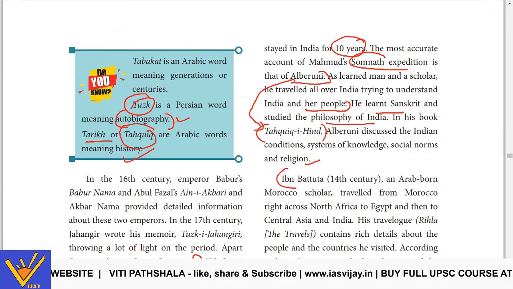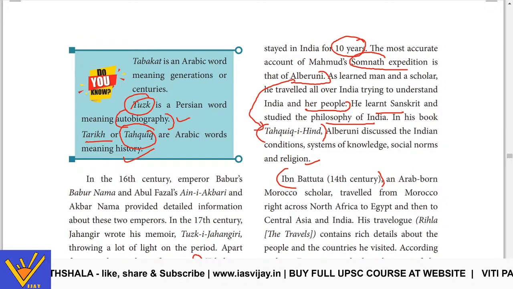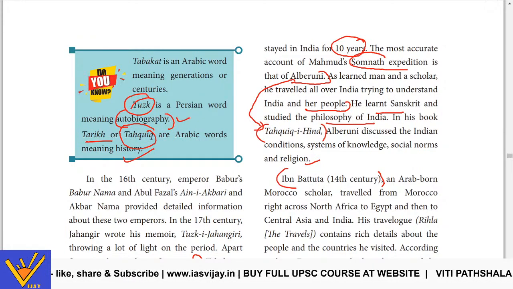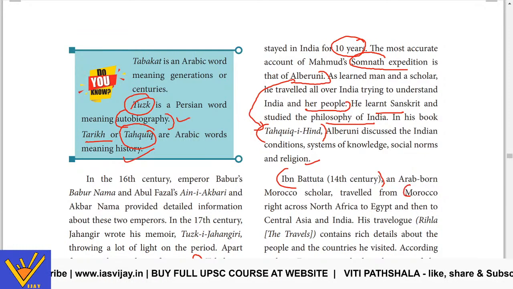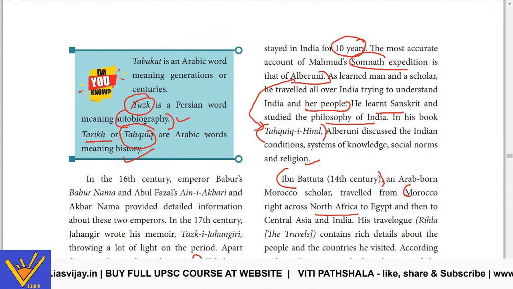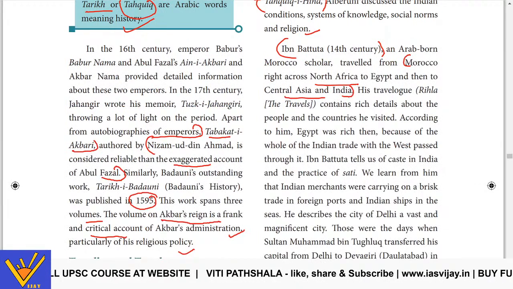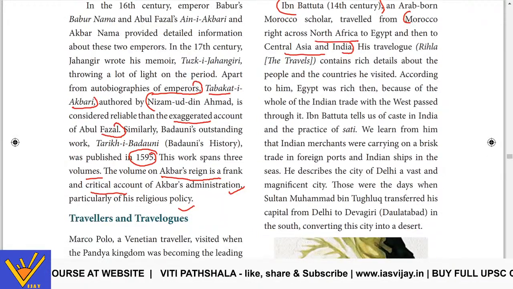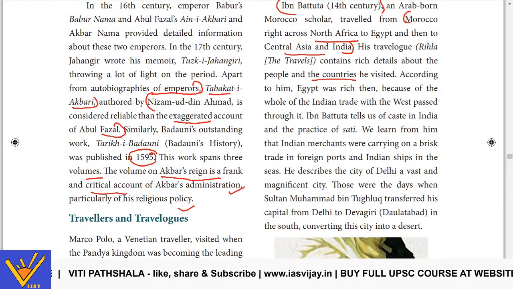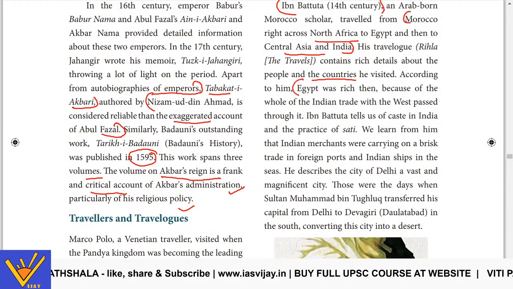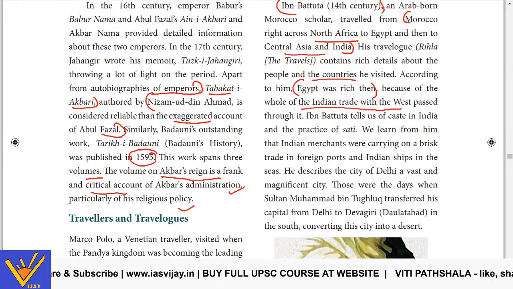Ibn Battuta, this is also important, and Ibn Battuta has been asked by the UPSC. He is an Arab-born Moroccan scholar who traveled from Morocco right across North Africa to Egypt, then Central Asia and India. His travelogue, the Rihla, contains rich details about the people and the countries he visited. According to him, Egypt was rich then because of the wealth of the Indian trade with the West passed